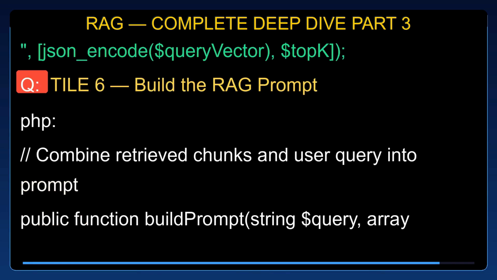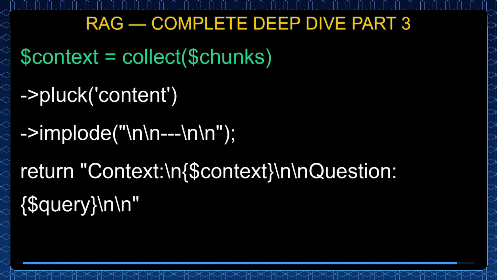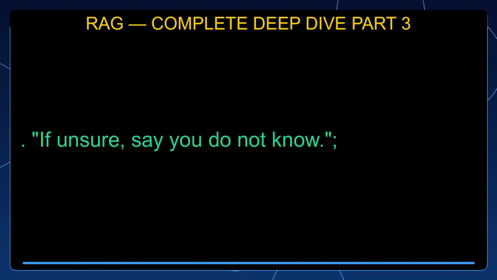Q. Tile 6. Build the RAG prompt, PHP. Combine retrieved chunks and user query into prompt. public function buildPrompt(string $query, array $chunks): string { $context = collect($chunks)->pluck('content')->implode("\n"); return "Context:\n$context\n\nQuestion: $query\n\nAnswer using only the context above. If unsure, say you do not know." }